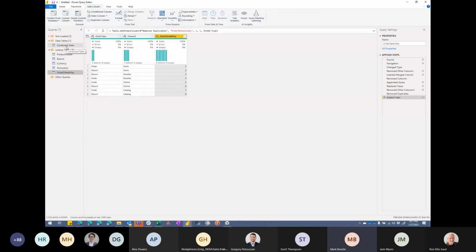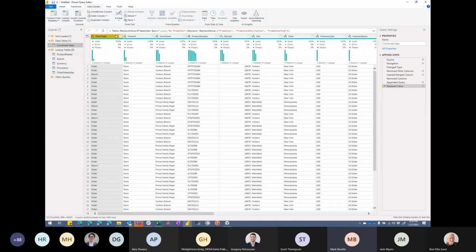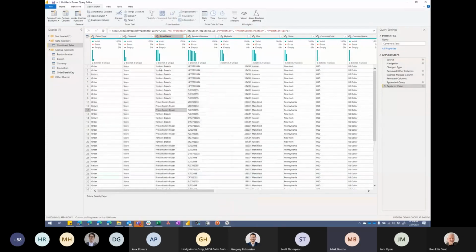I bet some of you are thinking, why do I keep duplicating this query? Why don't I reference it? Here's why I can't reference it. Because my whole point in building out all of these lookup tables is I actually want to get rid of every single one of these columns, right? Because when I look back at the documentation, it says my fact table or my data table needs surrogate keys that are integers and numbers that I want to add up, right?